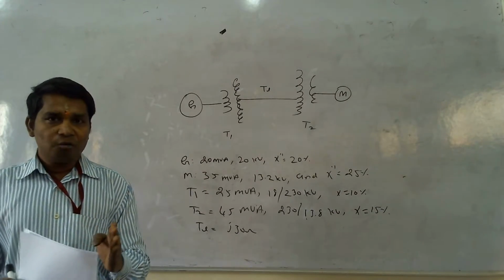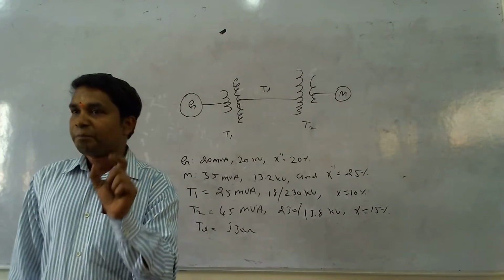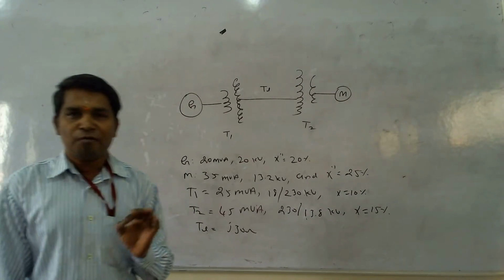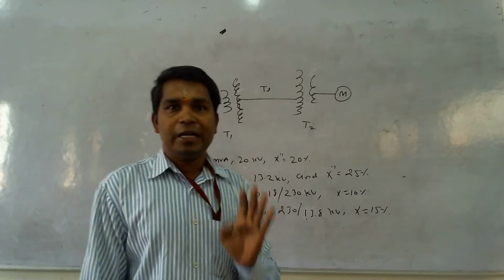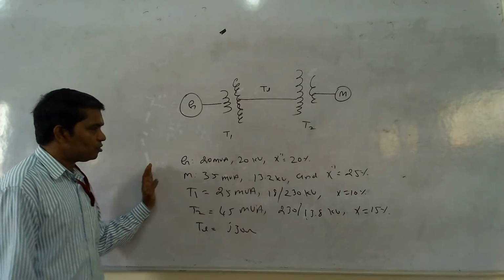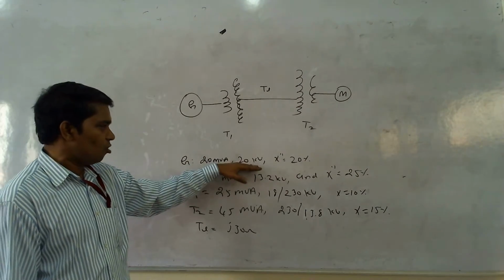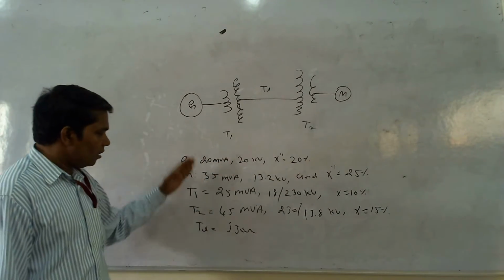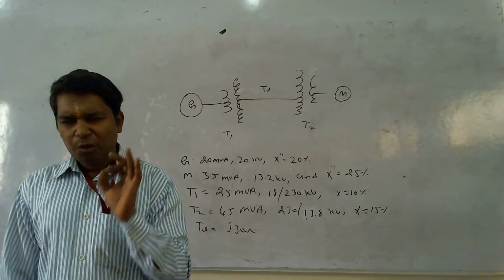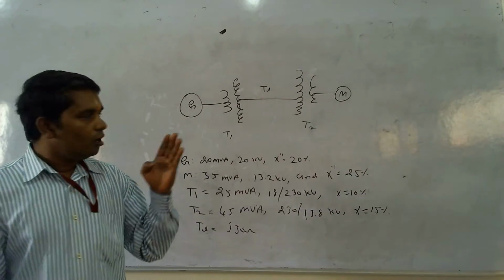When the data is given like this, we know that we have to use the per unit system, because in power systems we use per unit values for the calculation of all the data. The reason is that in a power system we have different values with different ratings. For example, generator apparent power in megavolt ampere, voltage in kilovolt, reactance in percentage. Like that we have different parameters with different values. So normally we use per unit values for the calculation of the reactance. So let us go for that.